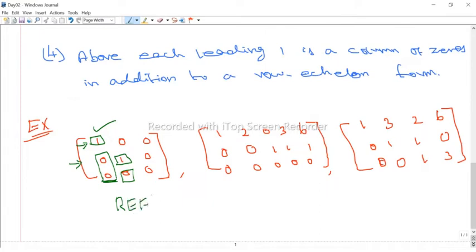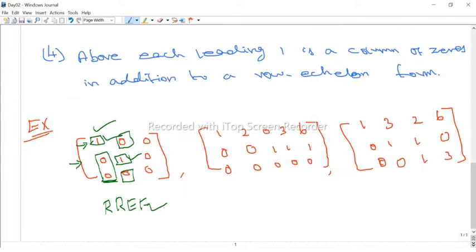Right? Now, is it reduced row echelon form or not? The only thing we have to check is that once you find a leading entry, the entries above it in the column are 0. The first leading entry is this one, but there is nothing above it, because this is the first row. Therefore, no need to check. In the second row, this is the leading one, so above it the column is 0. Yes, it is satisfied. But in the third row, there is no leading entry, therefore no need to check the third row. Therefore, this first matrix is RREF, that is, reduced row echelon form.